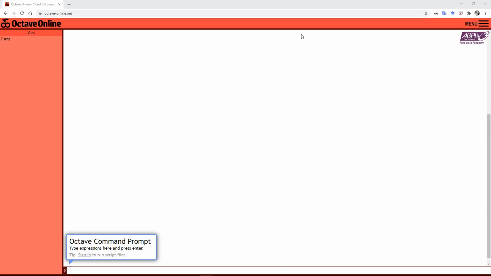Okay, and Octave is again a package that you can download for your computer, and it does most of the things that Matlab does with a very similar syntax or very similar commands. But there is one alternative that I wanted to show you here, which is called Octave Online. So if you go to your favorite web browser, I'm using Chrome, so I know that it works in Chrome. If you go to